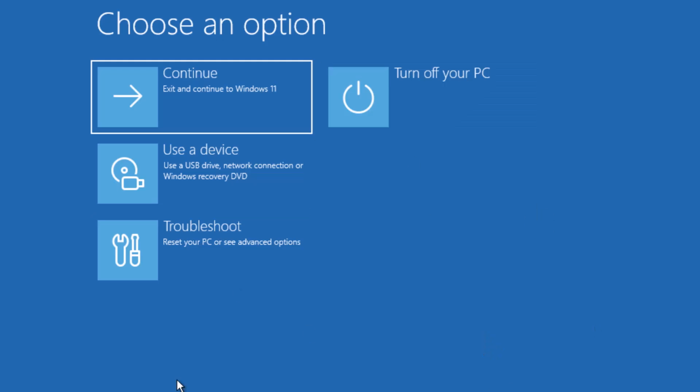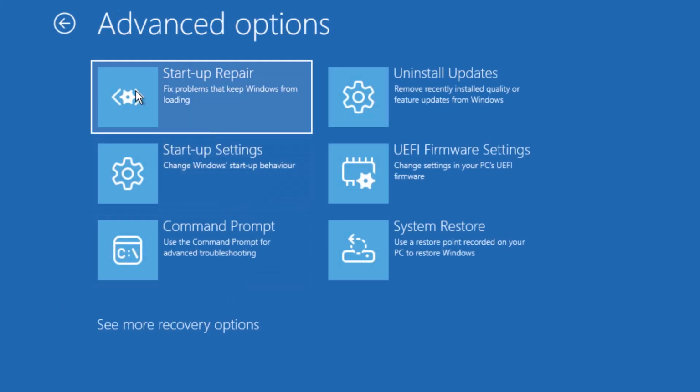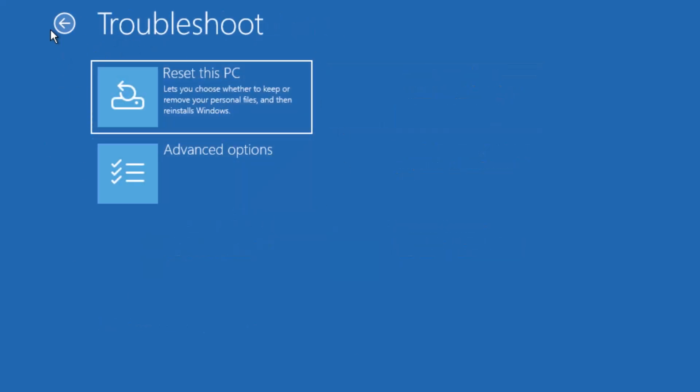Now you will get to this page. Select this troubleshoot option and select the advanced options. Select the startup repair option, and this will diagnose your PC and help you fix the blue screen error. If this method doesn't fix your problem,